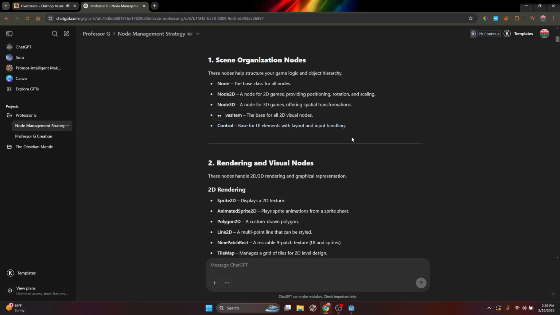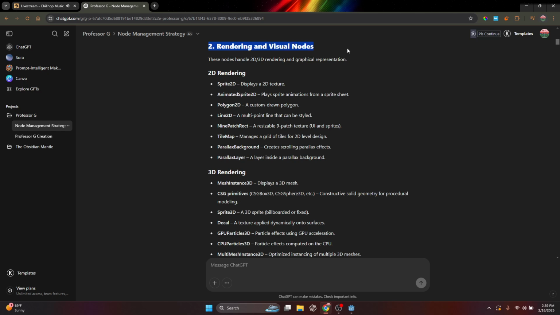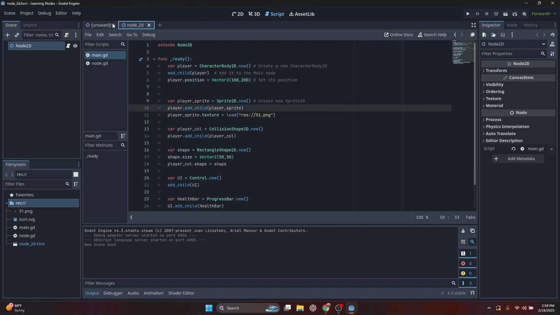Control is going to be for our base UI elements with layout and input handling. Okie doke. Then we went on to our second, the rendering and visual nodes. So for 2D rendering, we have Sprite 2D, which displays a 2D texture. That would be, in this case,